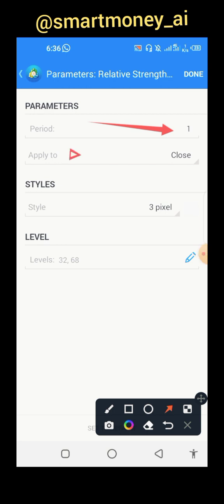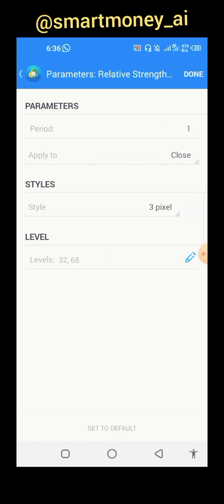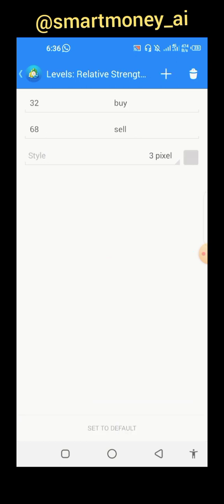You apply it to close. The pixel, select, the style is 3 pixel, and the color you should choose white. Right when you are done, just click on this edit button, right? Click on this and it will take you to this section. So when you come to this section